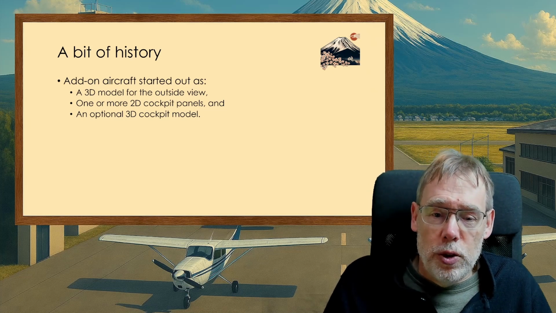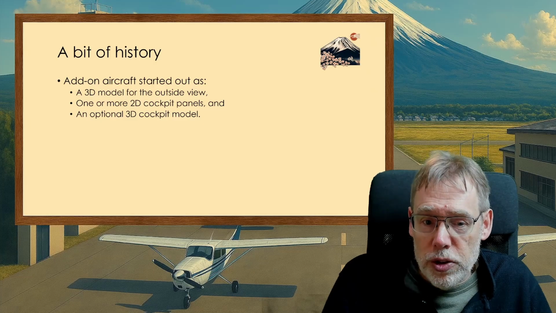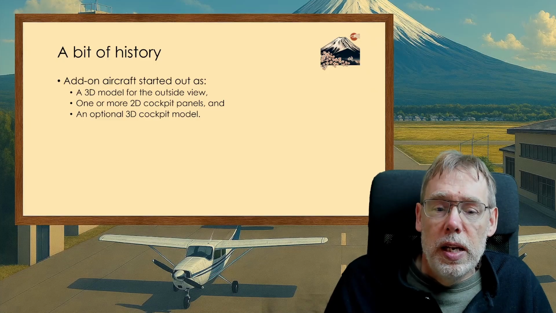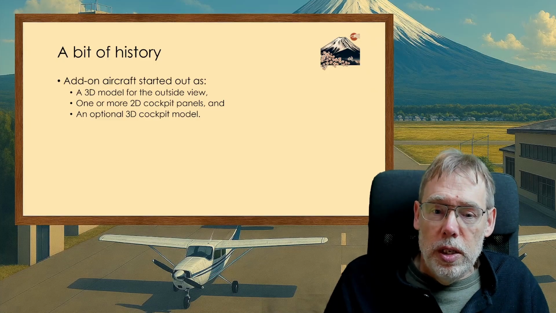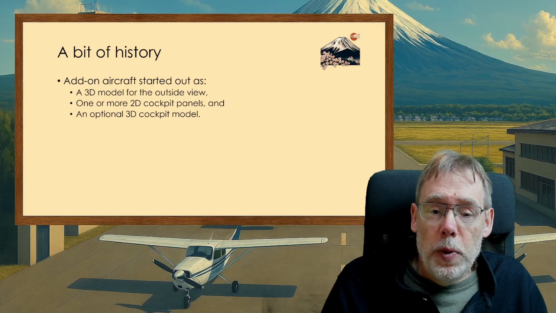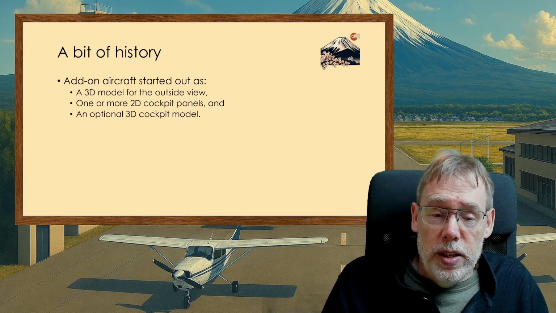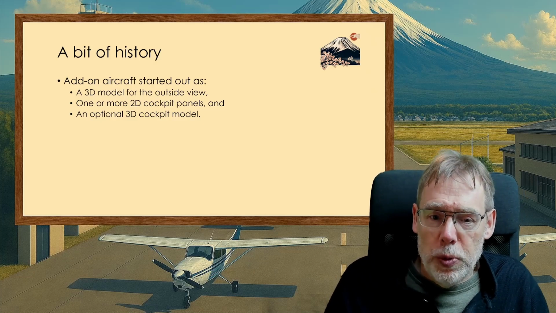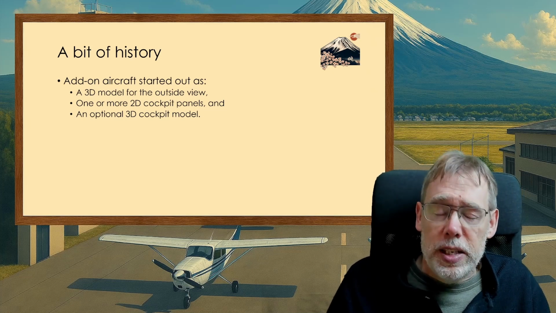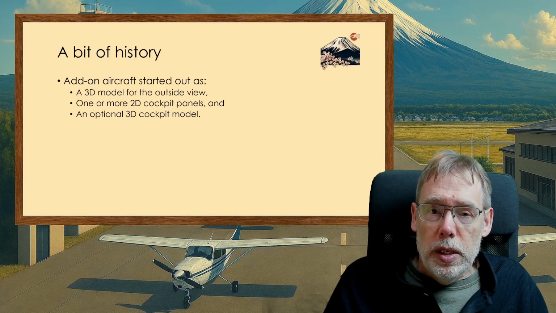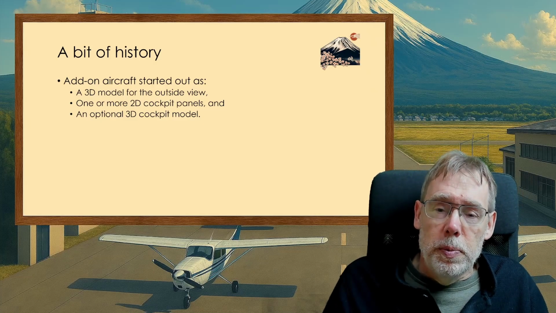So you would give a 2D cockpit, which was just an outside view of what you would see through the windows of the cockpit, and then put in front of that more or less nice looking panels with gauges. And then there was, especially in the later versions, the option of also providing a 3D cockpit model, sorry. But actually those 2D cockpit models or panels were quite common up to and including Microsoft Flight